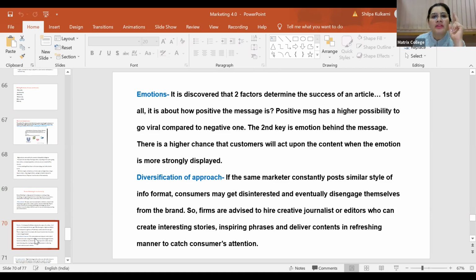And the third one, diversification of approach. If the same marketer constantly, repeatedly posts the same thing, it is too difficult, the customers may get disinterested and eventually disengage themselves from the brand. So firms are advised to hire creative journalists or editors who can keep on creating new stories, deliver contents in a refreshing manner, right? And then we studied about co-creation